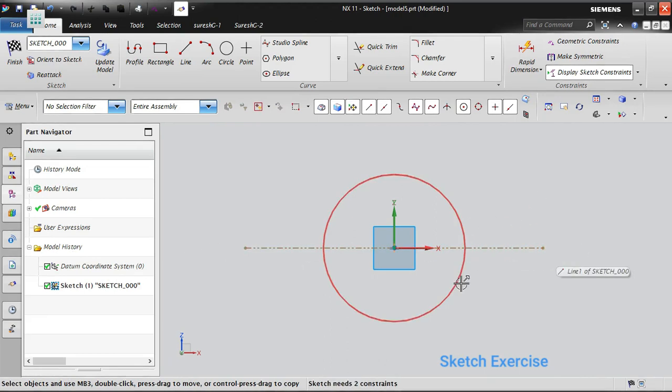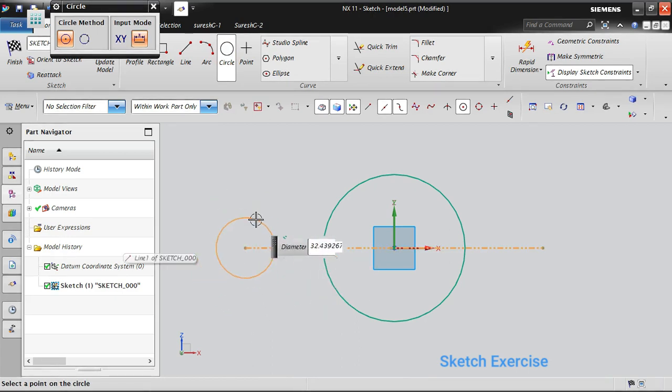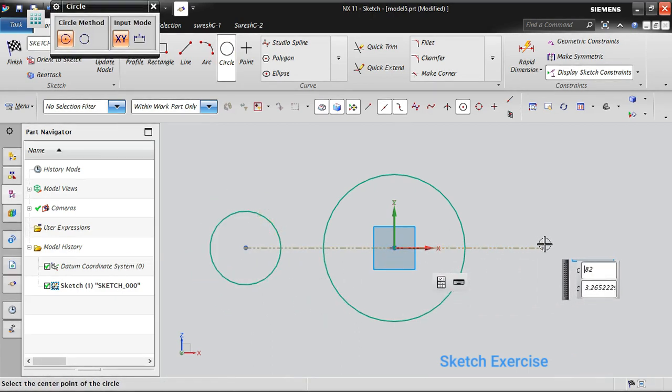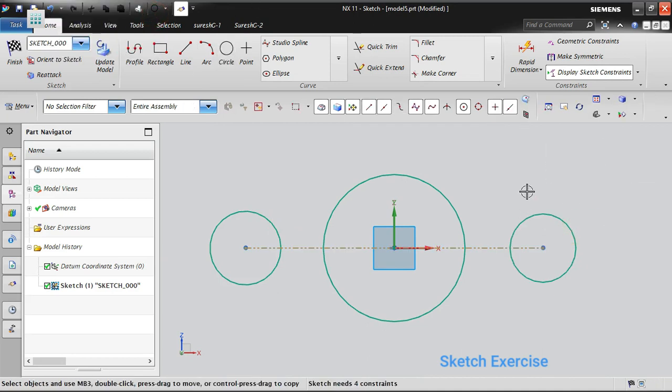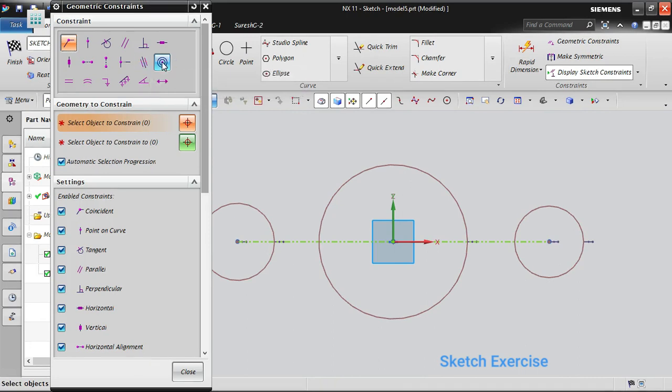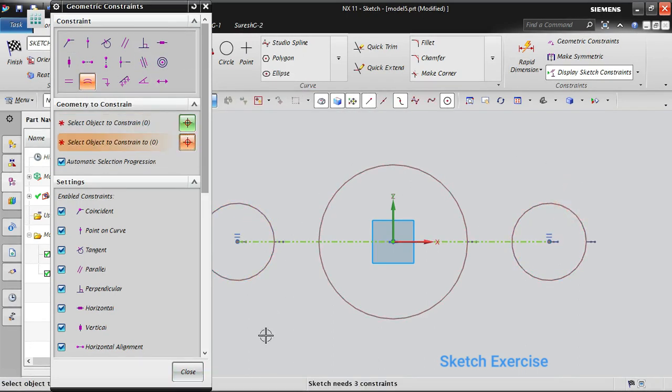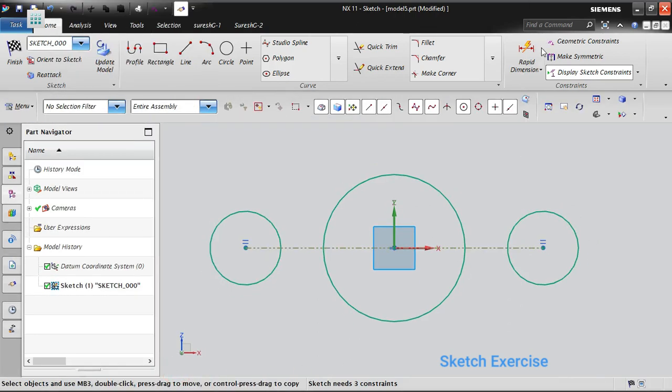Okay, now I am making this as a reference. Since at both ends I need a circle, to do that I am creating two more circles here. I am considering this line exactly as a reference line. Now this circle and this circle contain the same radius, so I am giving equal radius. One dimension I have to define. I'm not going to touch any dimensions now.